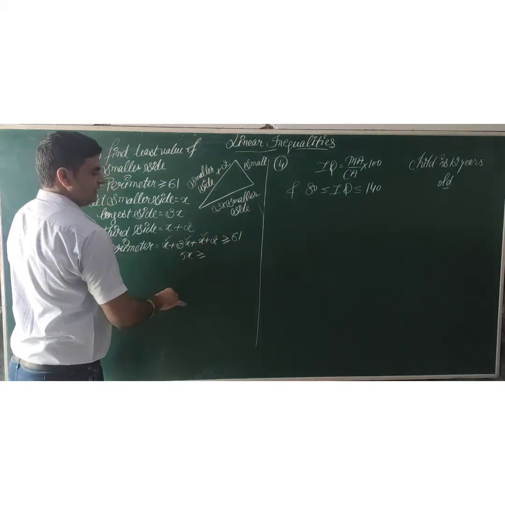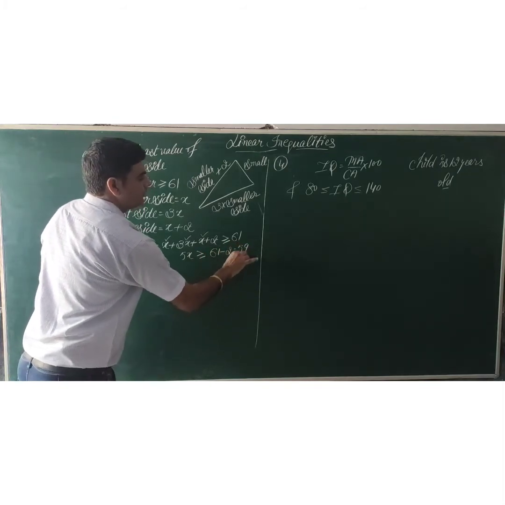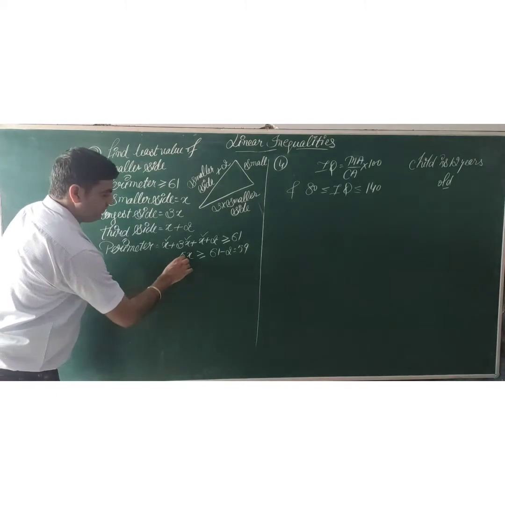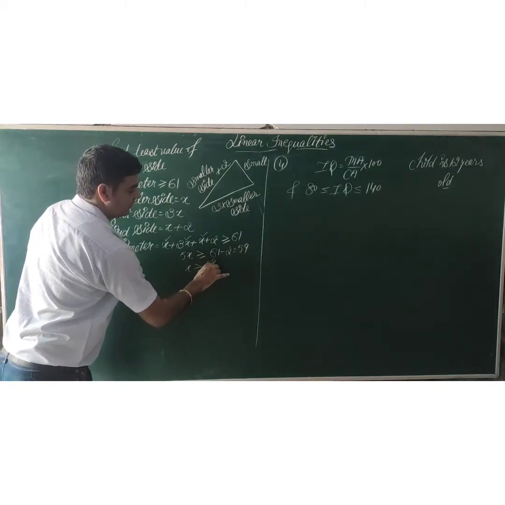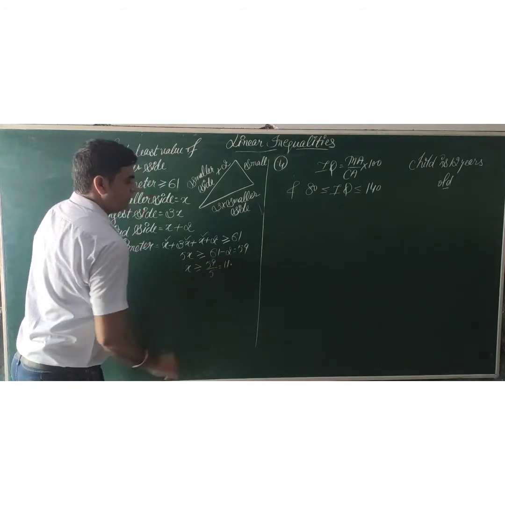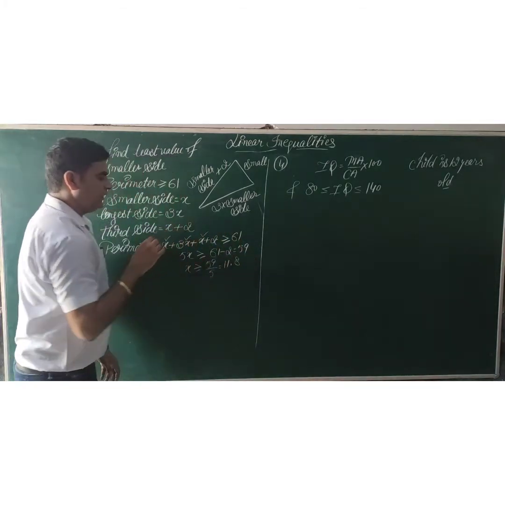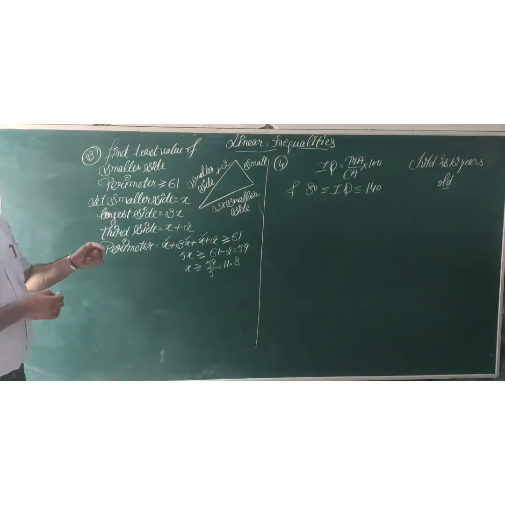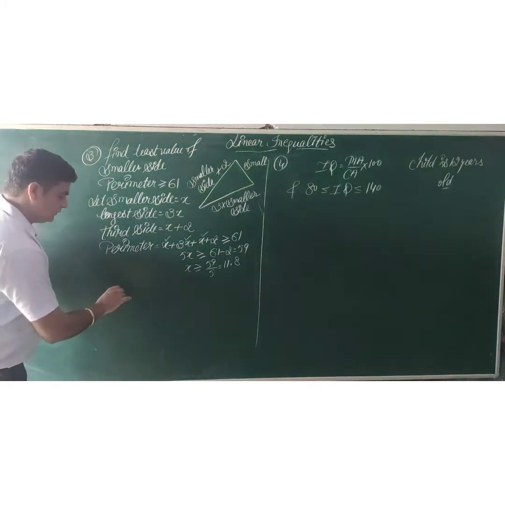Shifting 2 to the right hand side, we get here 61 minus 2, that becomes 59. Here 5 is in multiply, on shifting becomes divide. 59 divided by 5 becomes approximately 11, 5 elevens are 55, 4 balance left. 5 eights means 11.8. More than 11.8, we have to take the side that should be an integer.